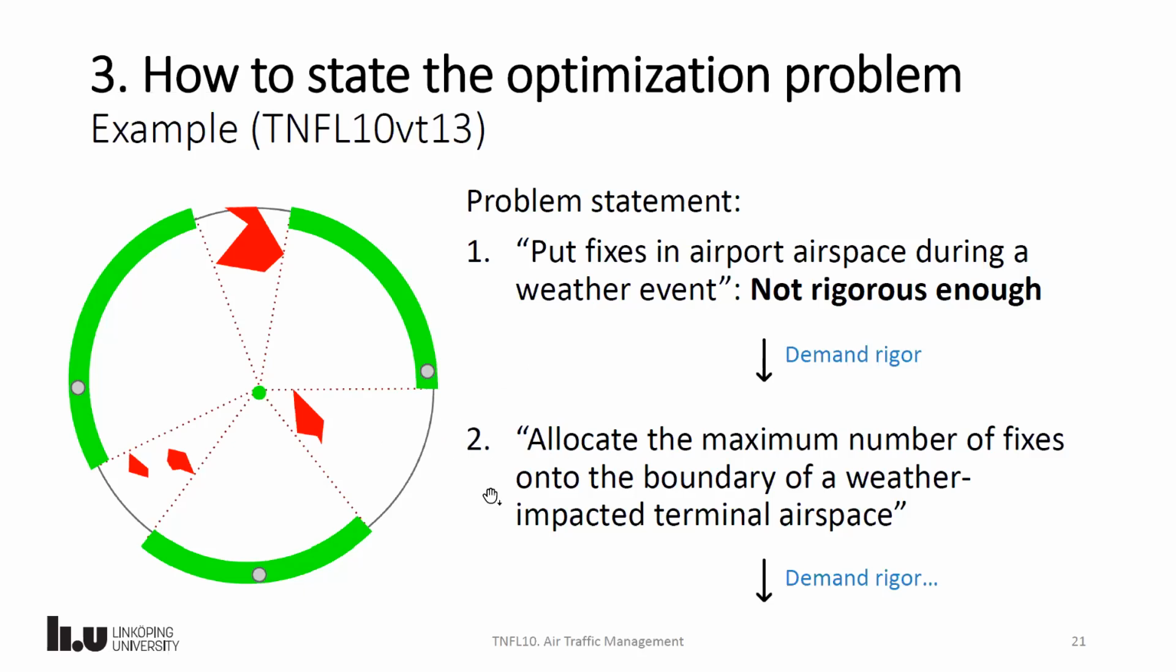So another statement now would be to allocate the maximum number of fixes onto the boundary of a weather-impacted terminal airspace. This has a little bit more explanation. For example, the "put fixes" is now "allocate the maximum number of fixes", so now we see how we want to allocate those fixes. And we also have a definition of the airspace, which is the boundary of a weather impacted terminal airspace, but we don't have the information about how the weather impacts this airspace,